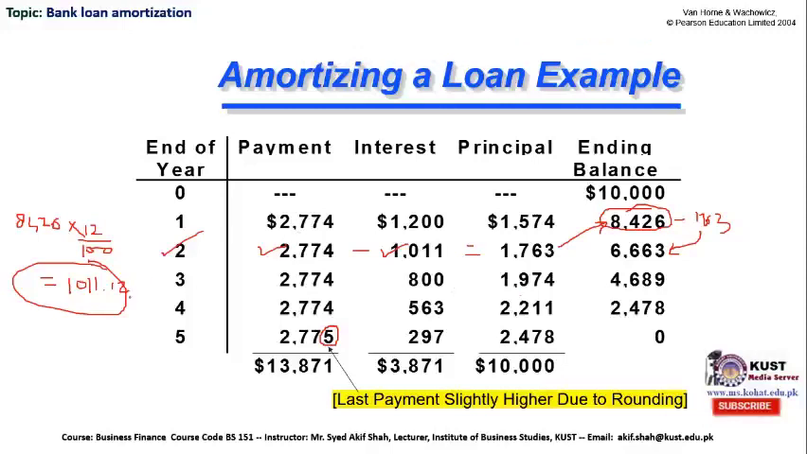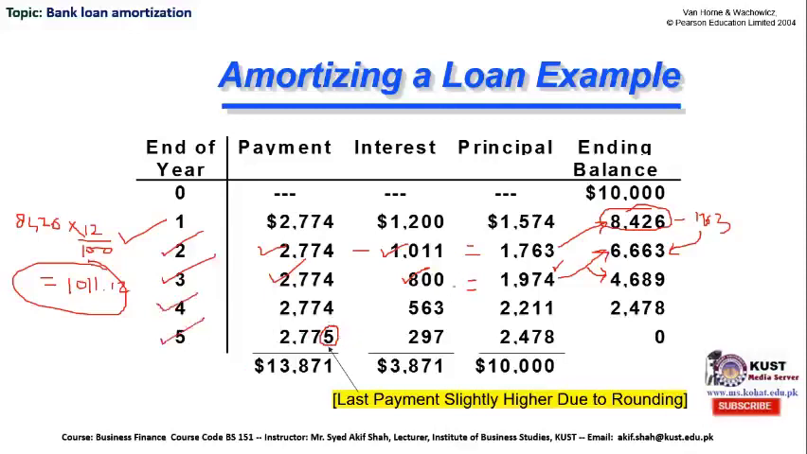In similar fashion, third year payment, interest calculated with the help of this formula, and then minus it from your payment, and you will get the principal payment paid out to the bank. Once again, minus it from your outstanding balance, and you will get the ending balance for year 2. Similarly, fourth year payment, and then the fifth year payment. Slight difference, which is